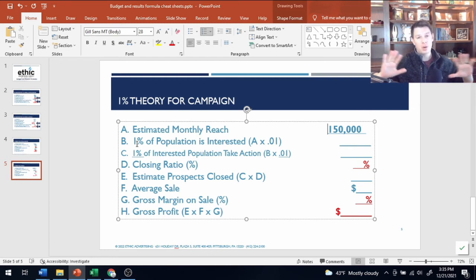These numbers are built for mass media. So blanketing an entire population and doing things like TV, radio, out of home, those kind of things. This is where this kind of originated that I use it from. So whenever you're dealing with something like a hyper-targeted digital advertising campaign, which is what our specialty is, the percentages should be higher. However, the net estimated number of reach that you have might be a little bit lower.